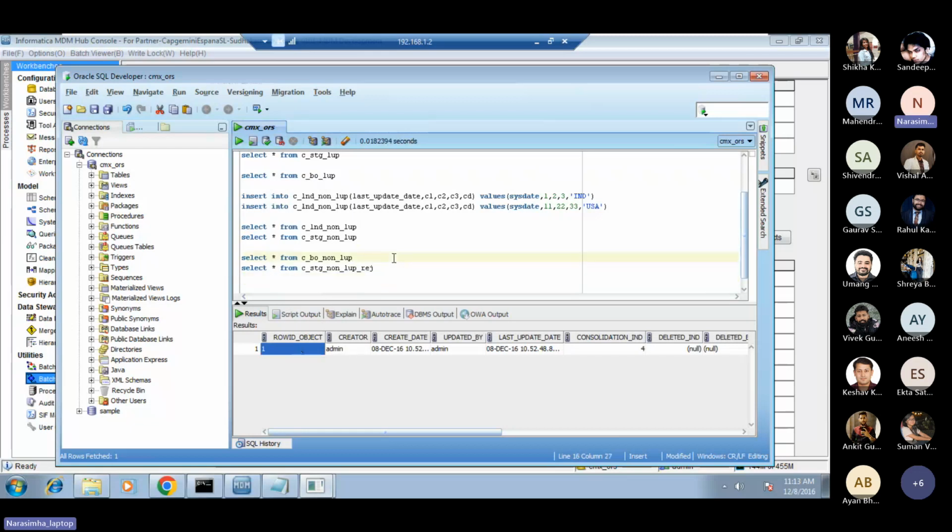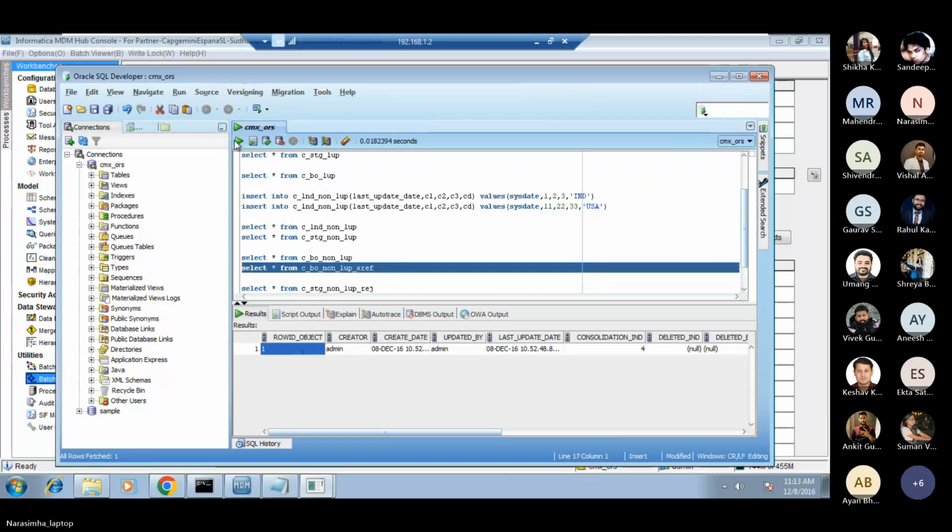But if you look at this cross reference, xref, here you can see PK source object one only here also. Fine. So now in order to see the different value in this particular PK source object that we get from